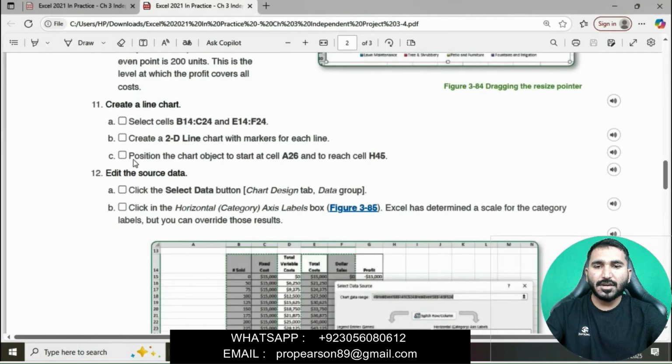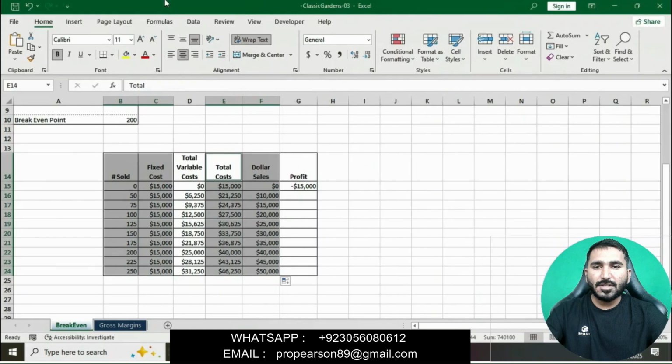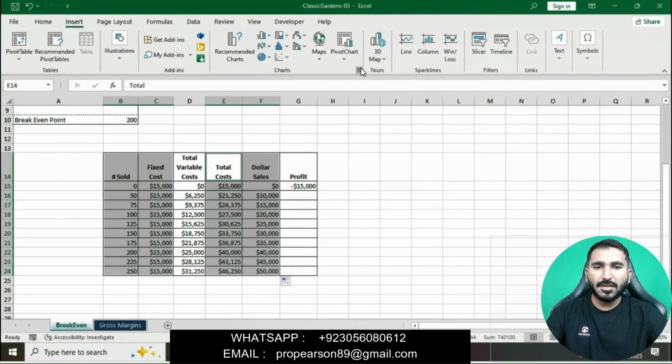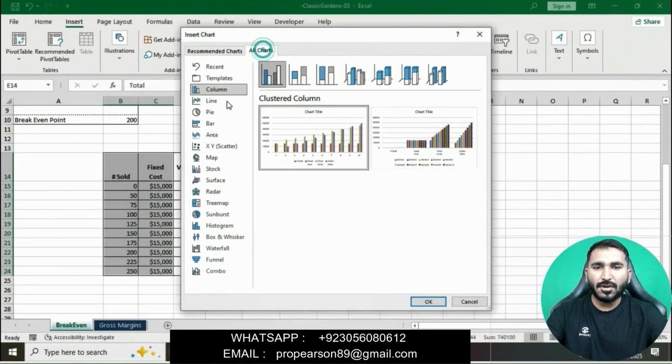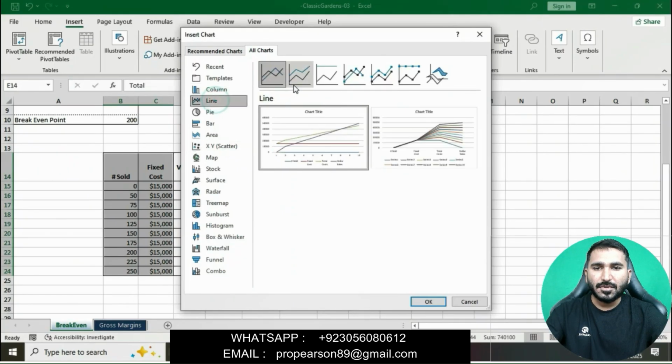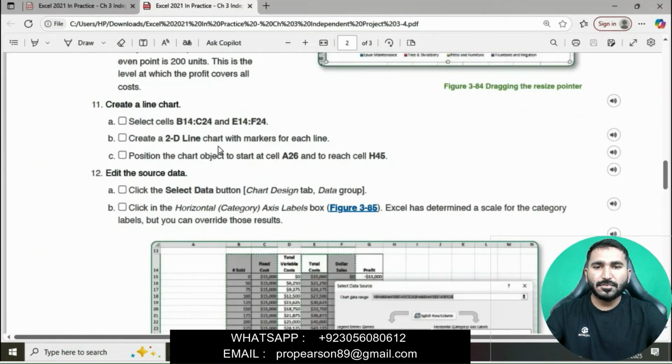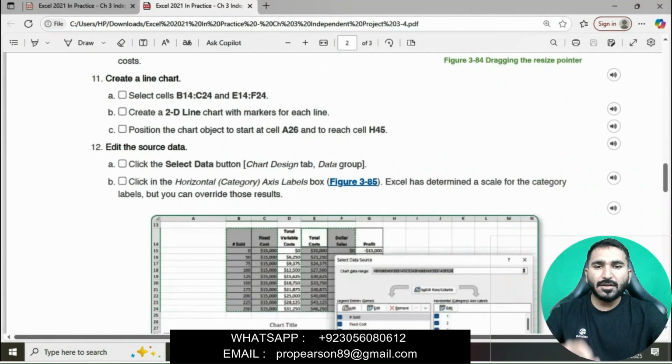Go to the Insert tab, then go to Charts, and all charts. Create a 2D line chart with markers for each line.